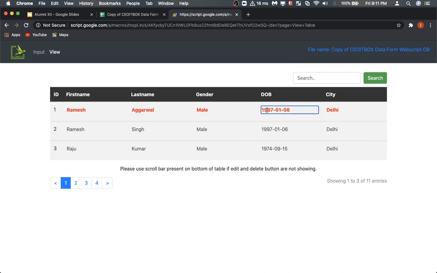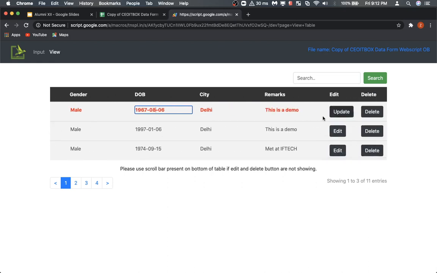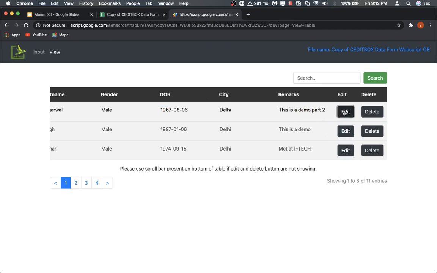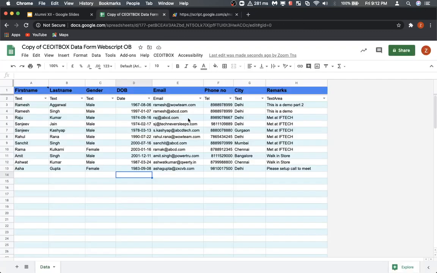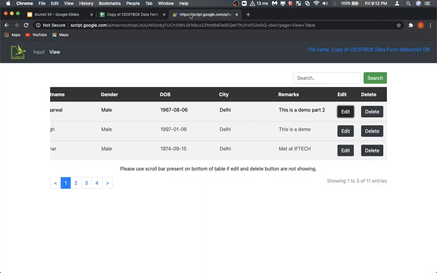Okay, and I click on update. And if you go back to the data, you will find that this data has already been updated, instantly. So you don't have to worry about this.